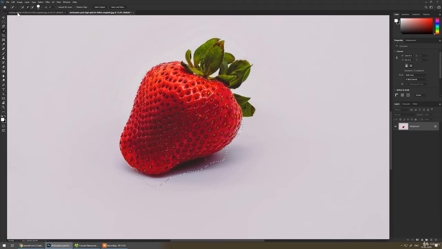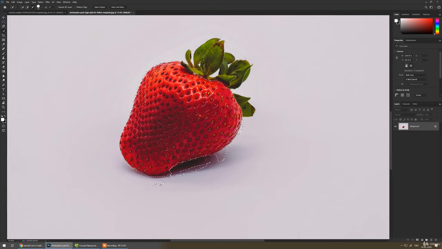For now, we have to subtract from the selection for our main selection. Either we go here, or we can press Alt on our keyboard and it will turn into the minus sign and we can subtract the selection. Or you can press Shift to add to the selection.